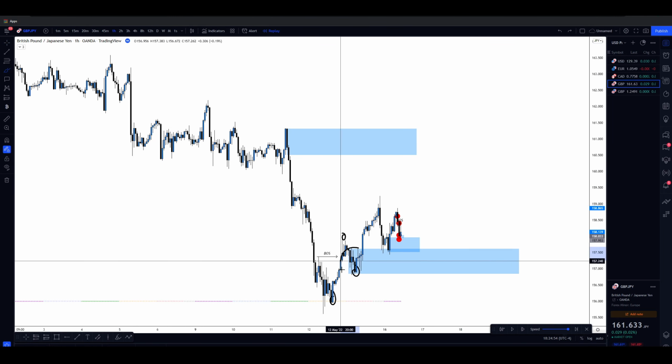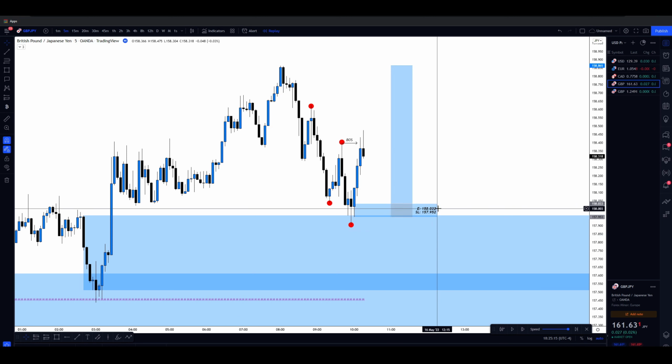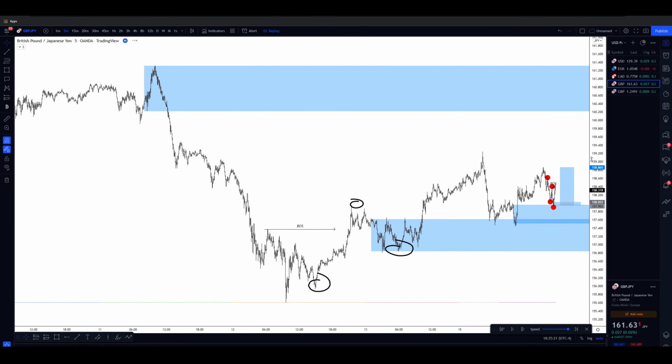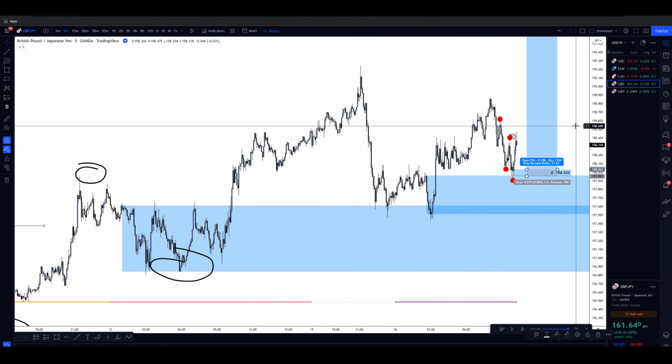Or you could even, is this mitigated? Yes, it is. So we're not going to take that. So we're going to take the one on the 3-hour time frame and say that this is the supply zone the market wants to take price action next to. From the 5-minute time frame, we already have our entry and everything set up. Just put that right here, and then take profit is going to be the next high for 218 pips.